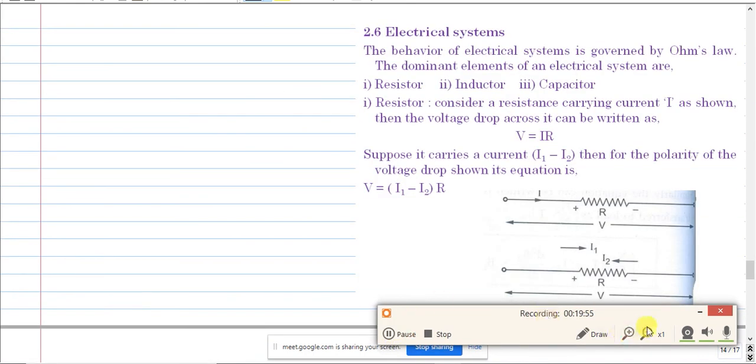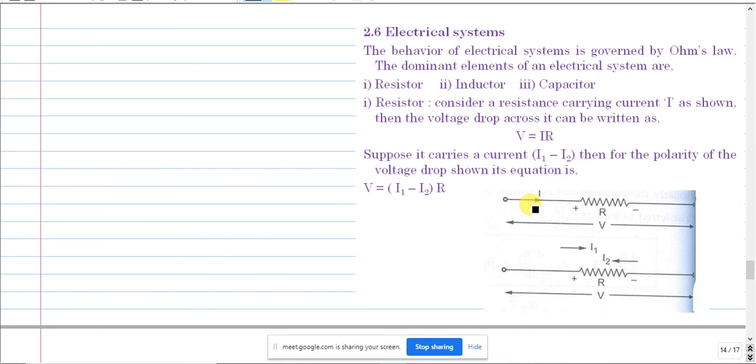So far we discussed mechanical elements subjected to translational and rotational motion. Now we are looking into one more system, that is the electrical system, and again here we will be considering three elements: resistor, inductor, capacitor, and their voltage equations. In the mechanical system we considered mass, friction and spring and the respective force equations. So here we have voltage equations as well as current equations.